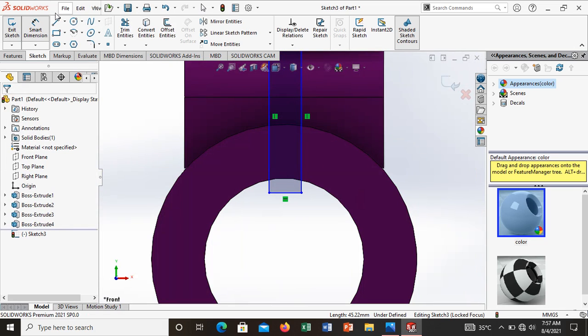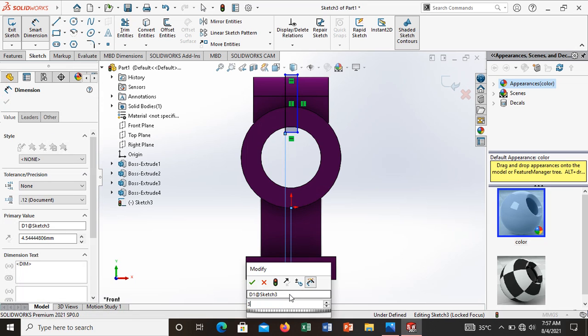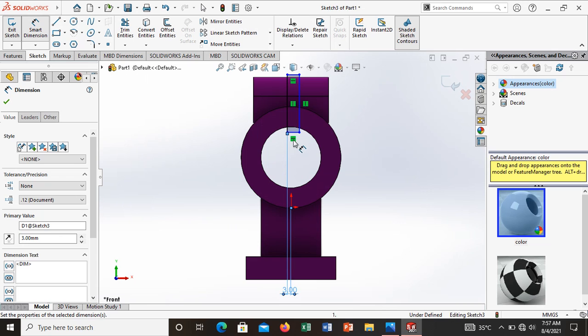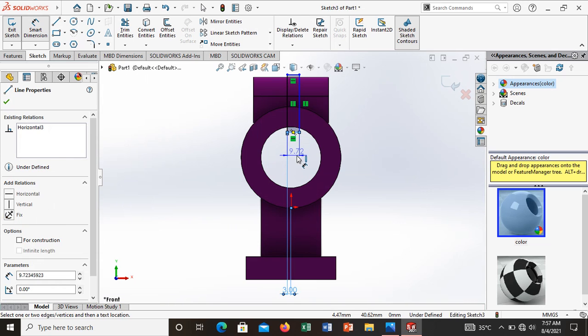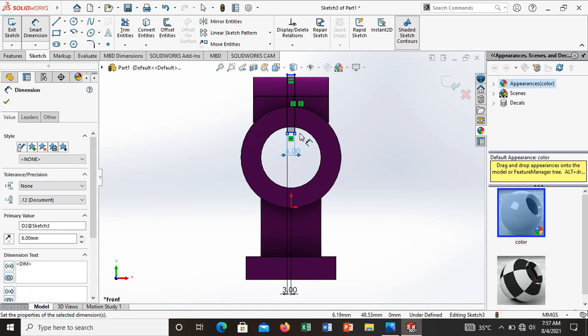Make the dimension from the edge to the center position. I place it as 3. Why? Because the total dimension is 6, so that's why I give the 3. It is equally inclined. This dimension is enough.